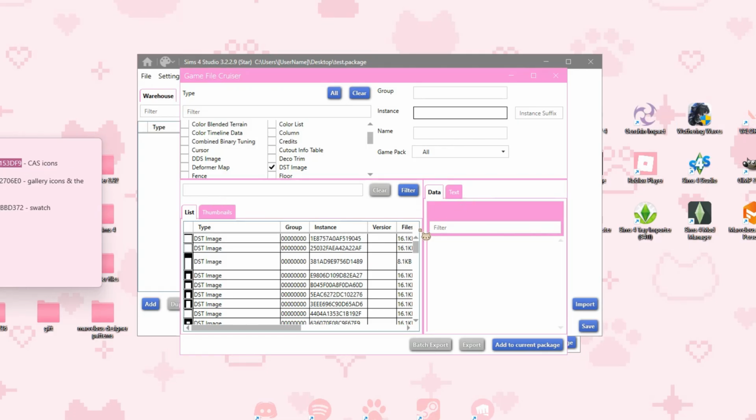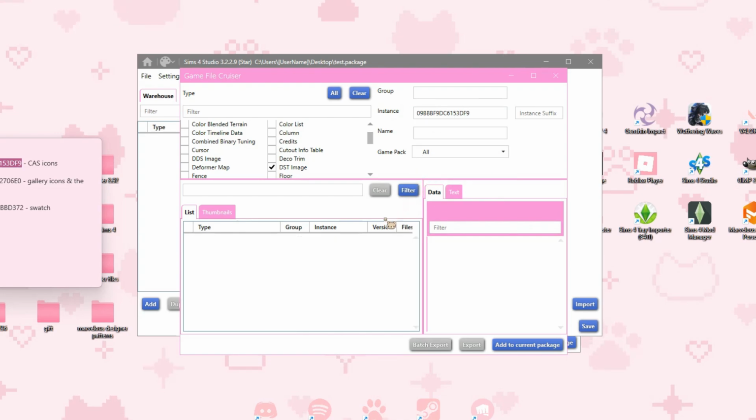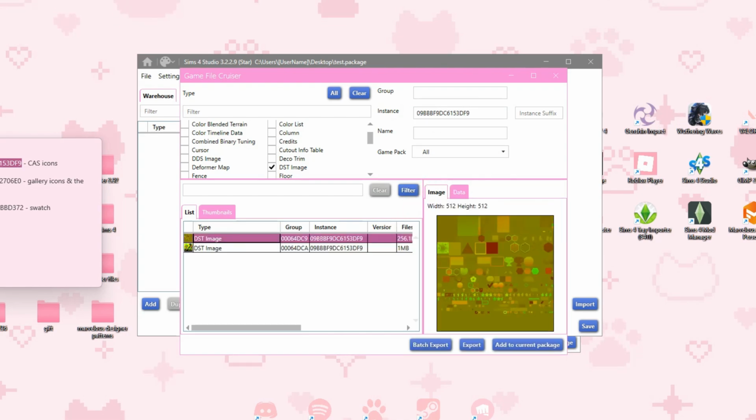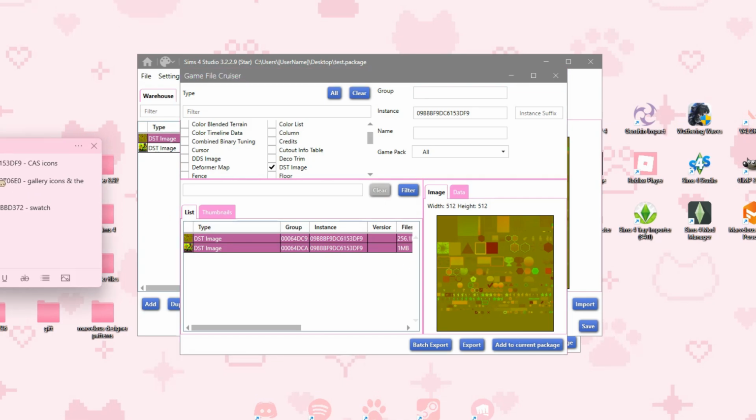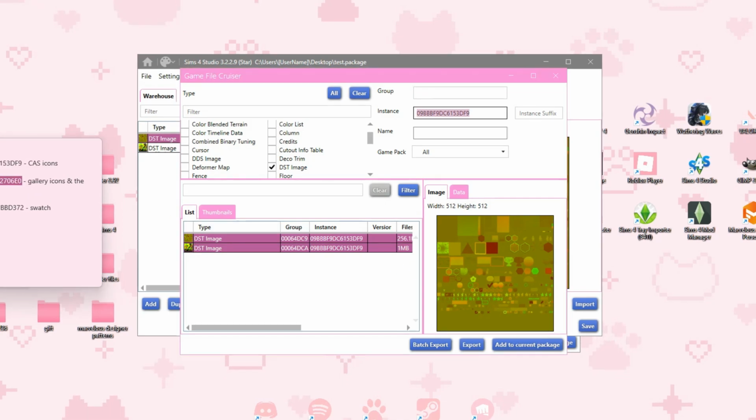So once you copy your instance, you're gonna paste it here in this box, and you're gonna click filter. Now you're gonna click the first one, and while holding shift, click the other one. When you did that, make sure to click add to current package, and we can copy the second instance, paste